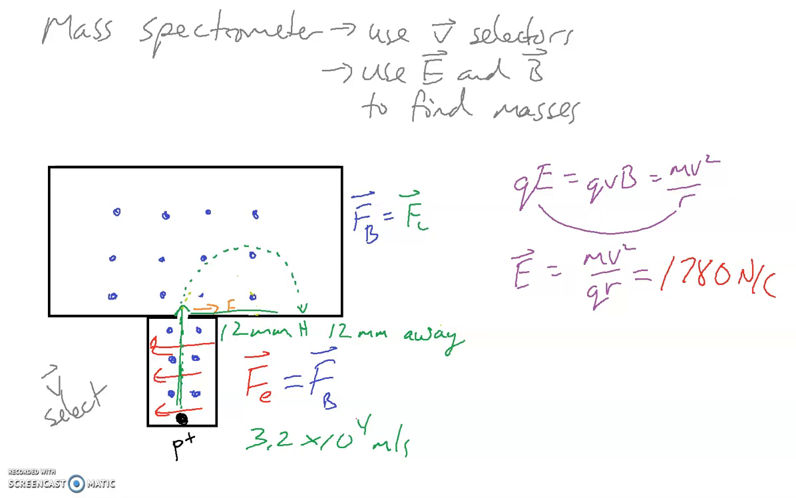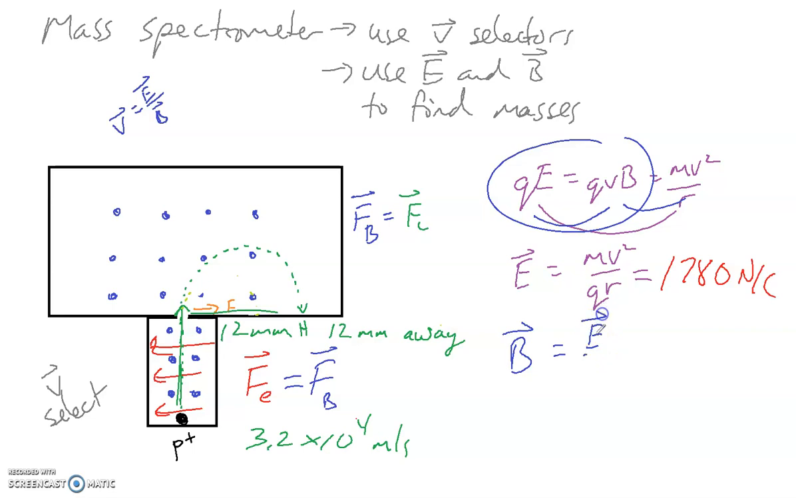Now what about my magnetic field? I can also go back to the basic velocity selector expression. Remember, we had the expression for the velocity selector, v equals E divided by B. I have v and I have E, so I can just use that one, which is a combination of those two, to solve for my magnetic field. My magnetic field would be E divided by the velocity. I can take that 1780 and divide it by the 3.2 times 10 to the 4, and I've got a magnetic field of 0.056